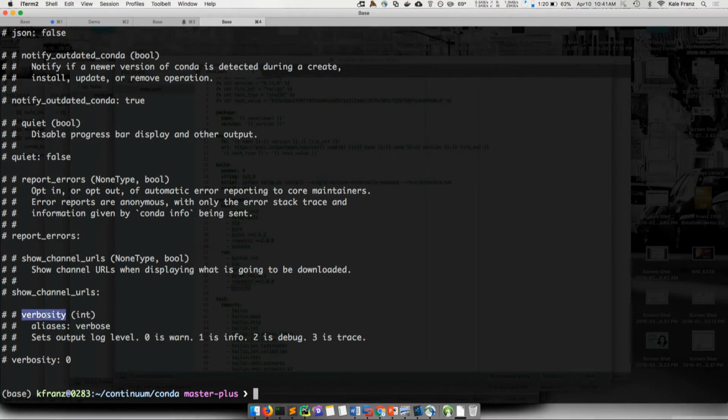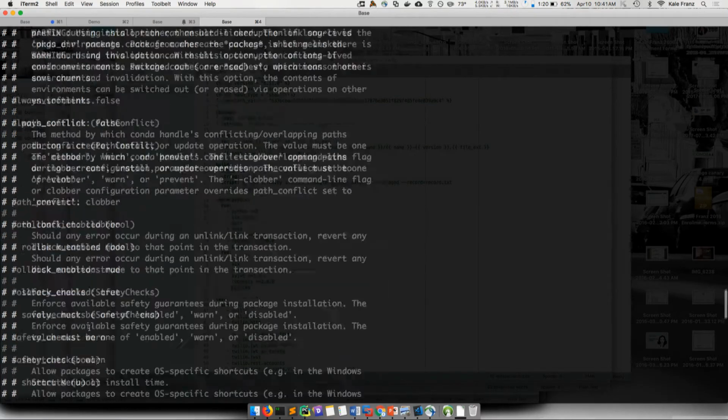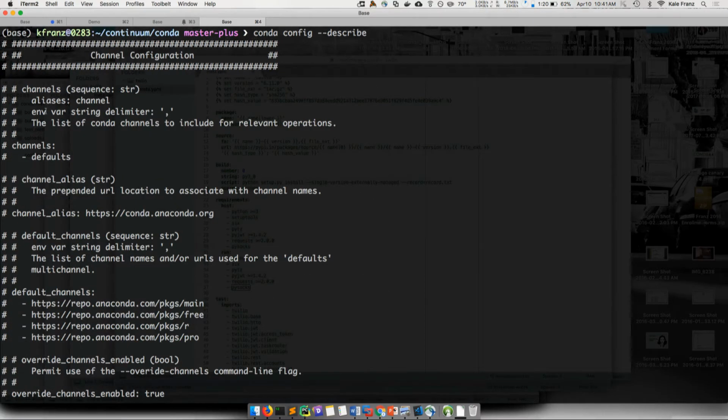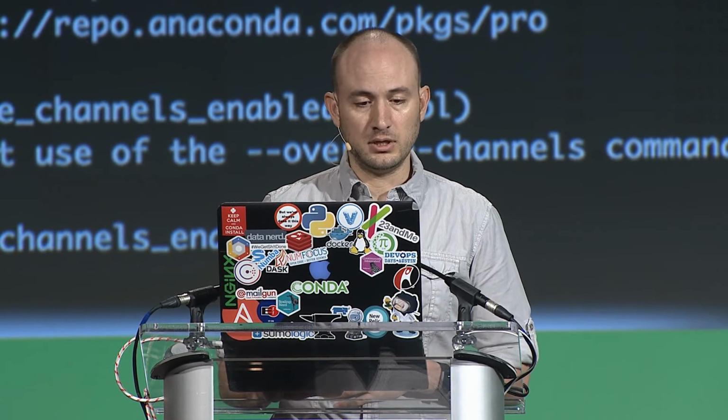So it gives you the configuration parameter and the type of the configuration parameter. Sometimes there are aliases. If the configuration parameter is like channels, let's go to the top. For channels, there will be a string splitting parameter if you're using it in all caps as an environment variable. Any configuration parameter can be used as an environment variable, with all caps and prepending CONDA_.